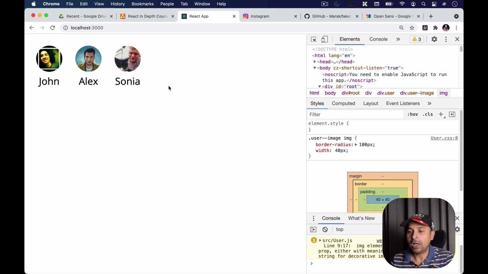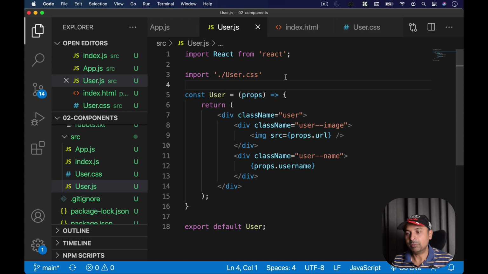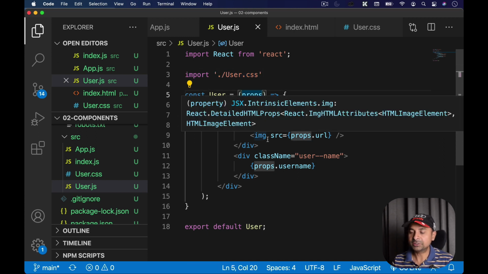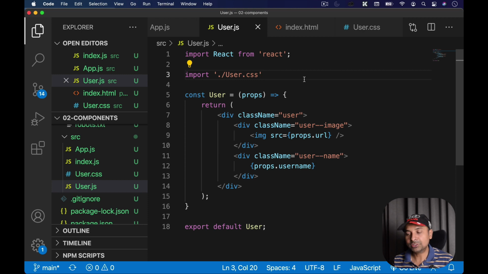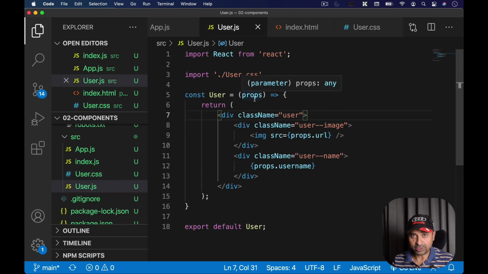So you see how I can write CSS and how I can import CSS inside my component. You just need to create a separate CSS file, write whatever CSS you want to write. This is just a way of writing external CSS using the CSS technology. And you can import that CSS inside your component, something like this. And everything works like how it works in HTML and CSS world. So instead of writing that inline style, I'm using classes now, and all those classes are coming from the external CSS file.